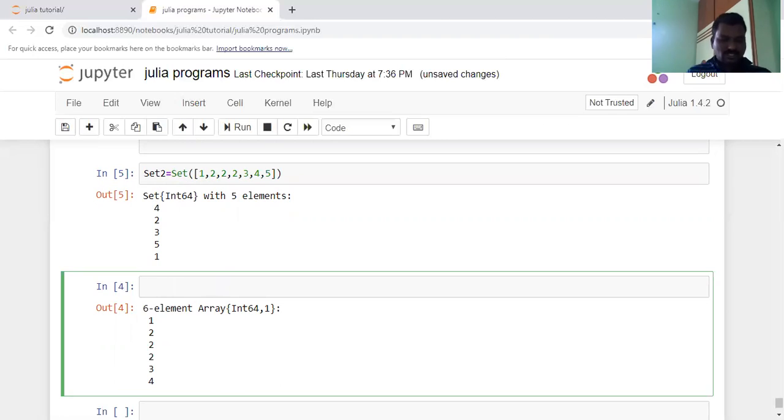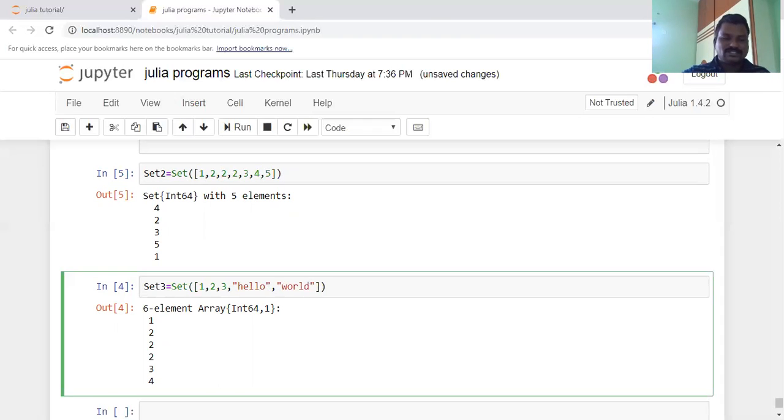Now I take another set, set 3. I am creating set 3 with integers as well as letters. For example, 1, 2, 3, then some letters, hello, a, hello world.